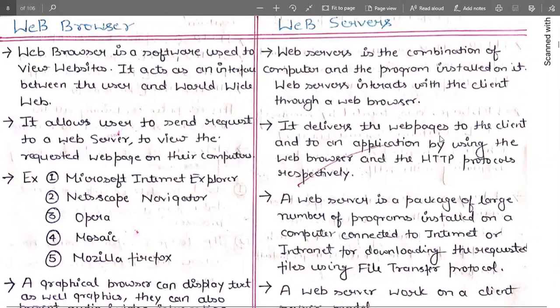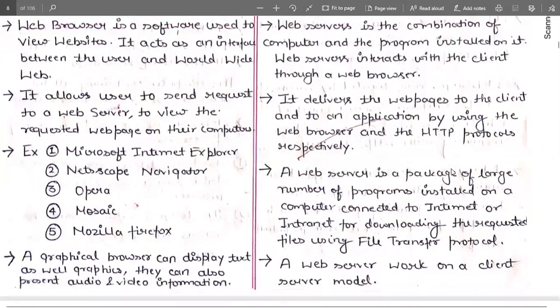What do you mean by HTTP protocol? Hypertext Transfer Protocol. As the name shows, it is a transfer protocol. Hypertext means, as I already discussed, the text which shows any effect, any image, any hyperlink. So anything in our document, in our web page, acts as hypertext. That hypertext, with the help of the HTTP protocol, is transferred back to the web browser from a web server, and the web browser's response is up to us.